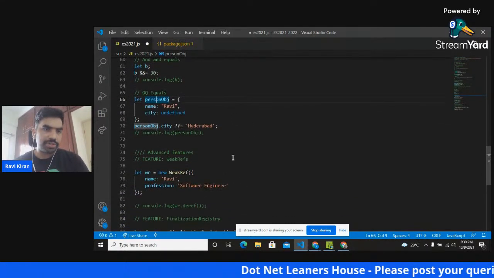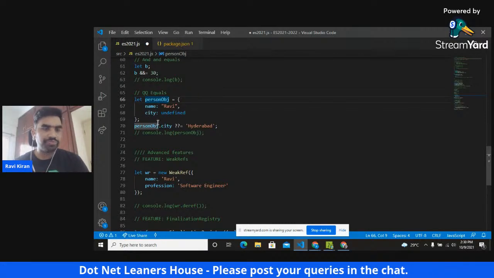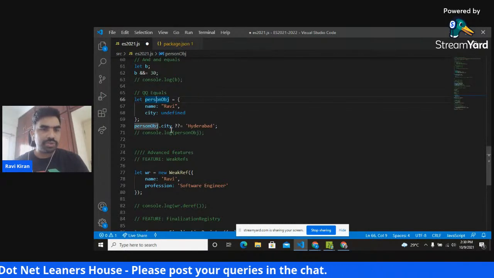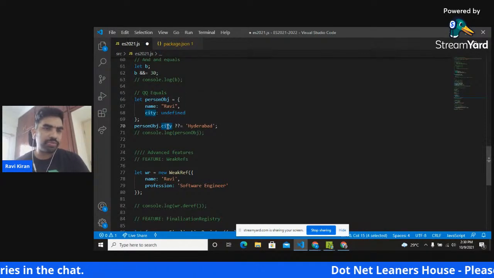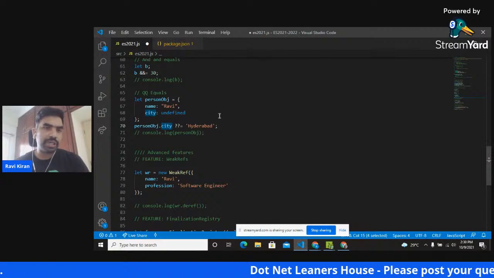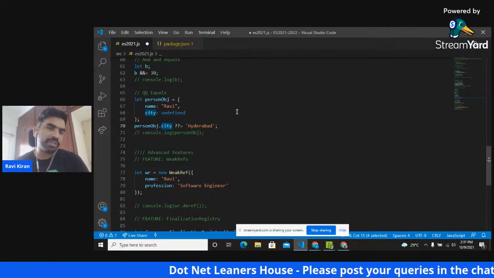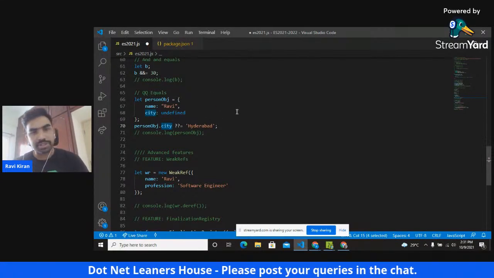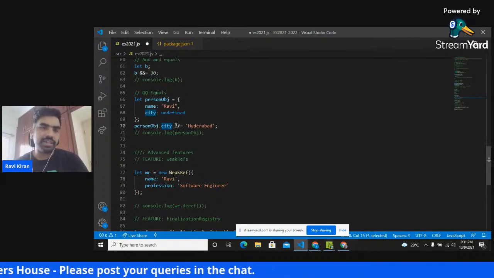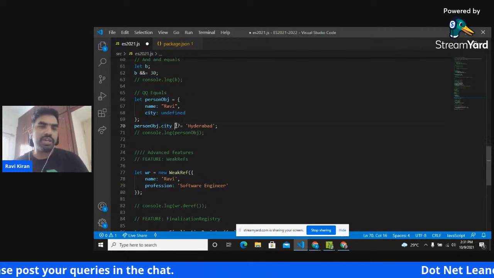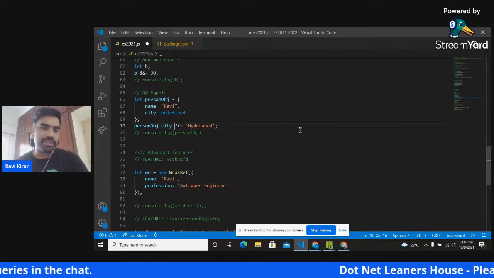The next operator is called QQ equals. In this one, sometimes we check whether a property exists or not before setting a value, right? So you can do that. And the syntax remains similar to the two operators we discussed before. So instead of writing a ternary, you can just say city double question mark is equal to Hyderabad.